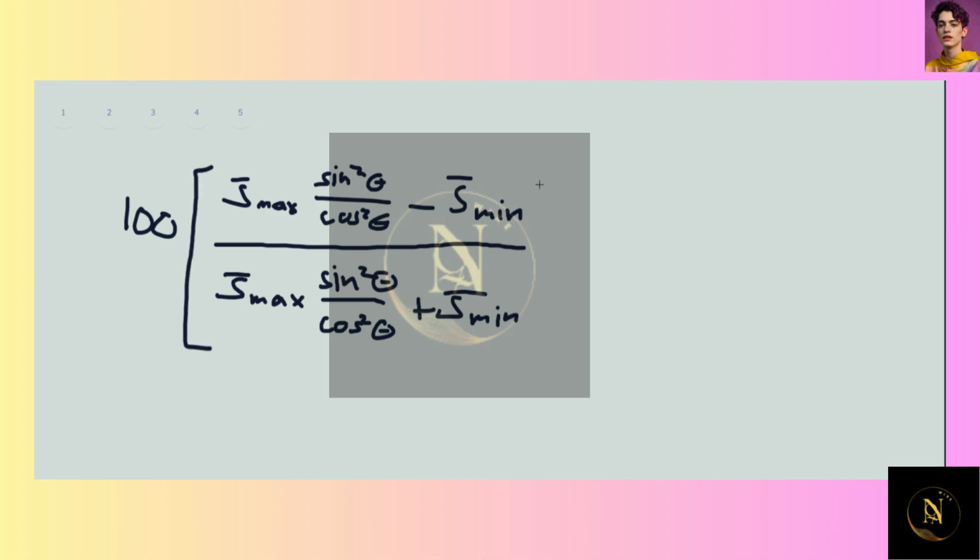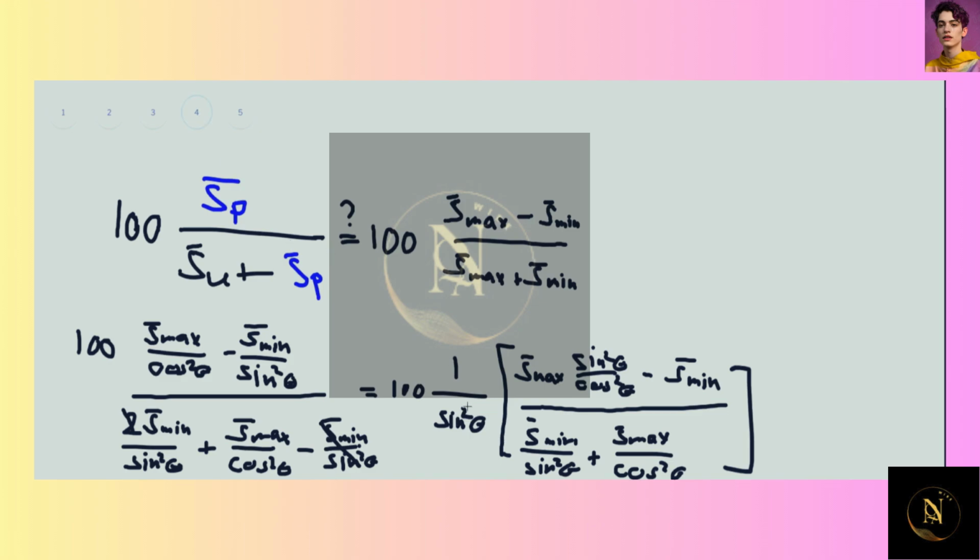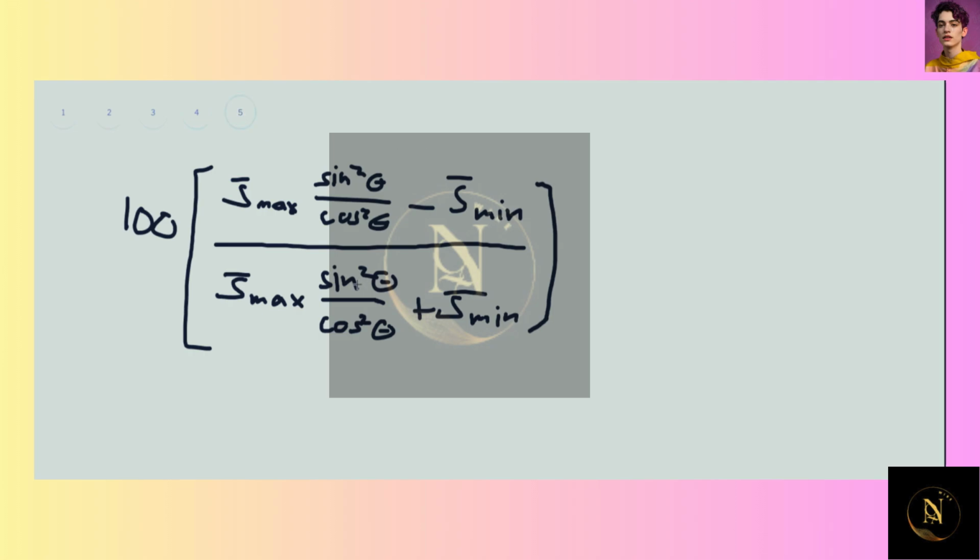So in fact, I believe this is the right answer. And so this, again, I just got by multiplying the 1 over sine squared theta into the denominator. So the sine squared theta cancels the sine squared theta from the S bar min, and it combines with the 1 over cosine squared theta on the S bar max to give you S bar max sine squared theta over cos squared theta. And so I believe that this is the right answer. And so obviously, if you have theta being 45 degrees, such that sine theta is equal to cosine theta, then you recover the formula given in the book. But that's only a very special